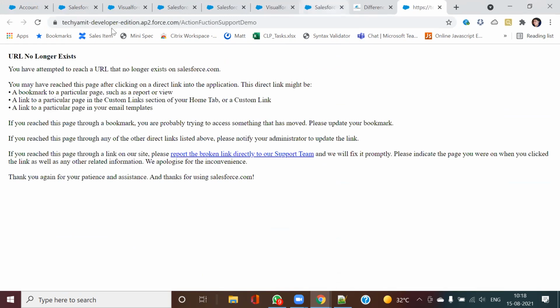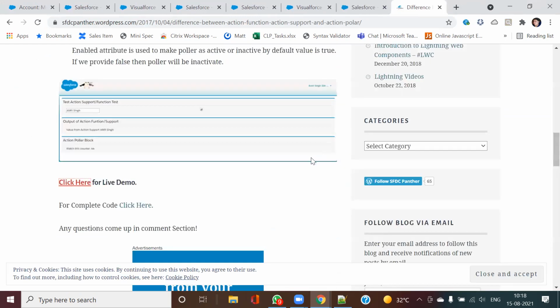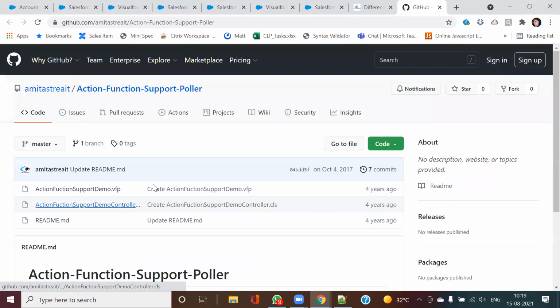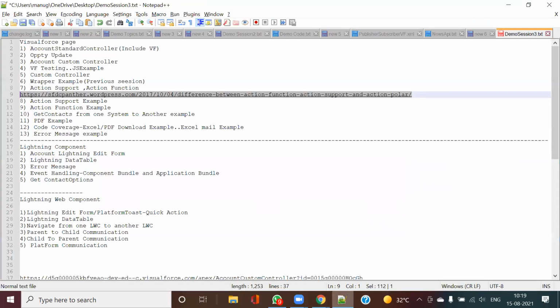You can check the demo also, though this page no longer exists. I can send you the link, and I believe the code is also here. Yeah, it's present, so you can refer to this for understanding. Action support and action poller are covered here; this I will go over later.